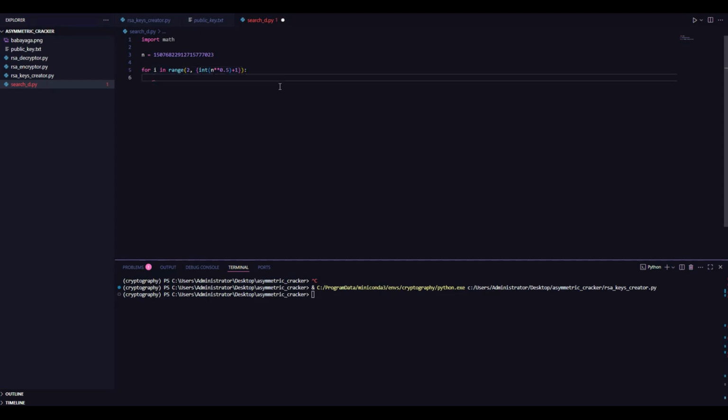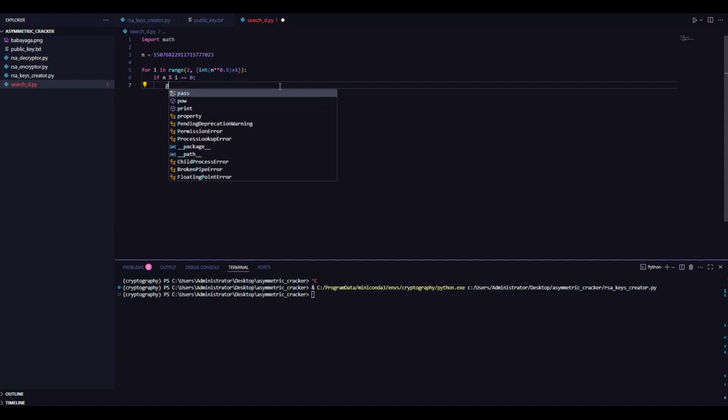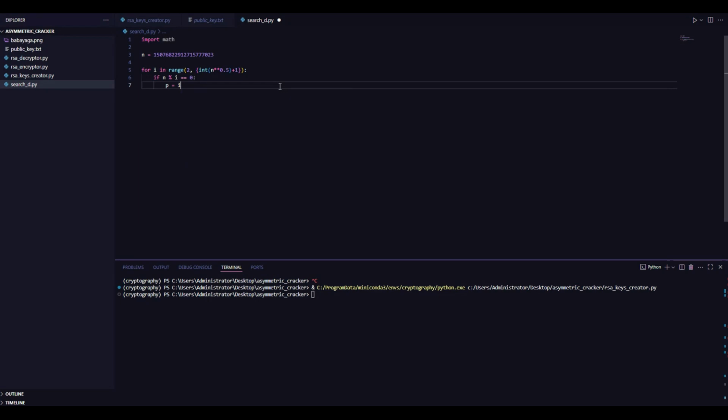And now if N, the rest divided by I, equals 0, we have the first value. We can call it P, it's equal to I, and the second one is the division of them. Like